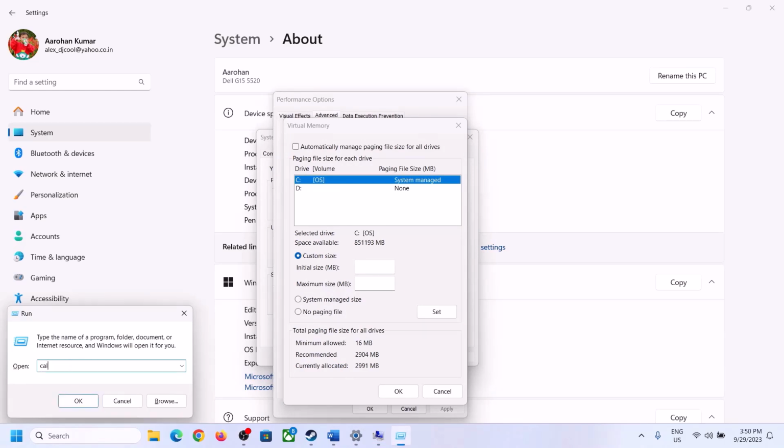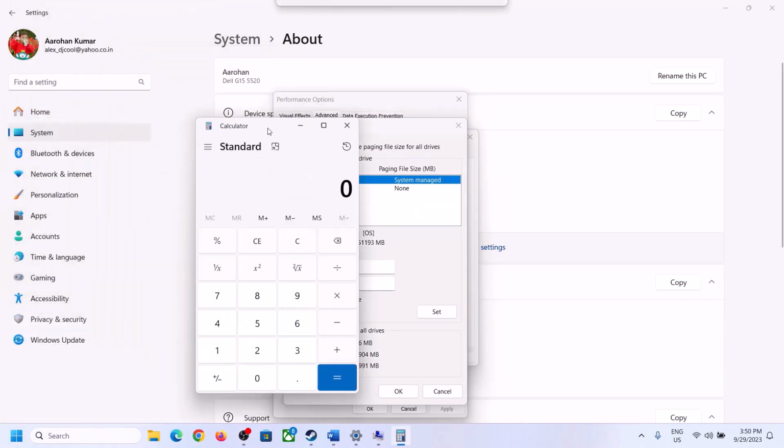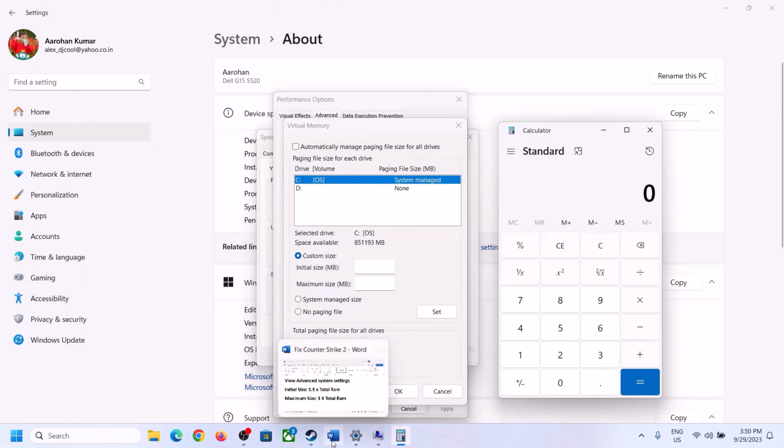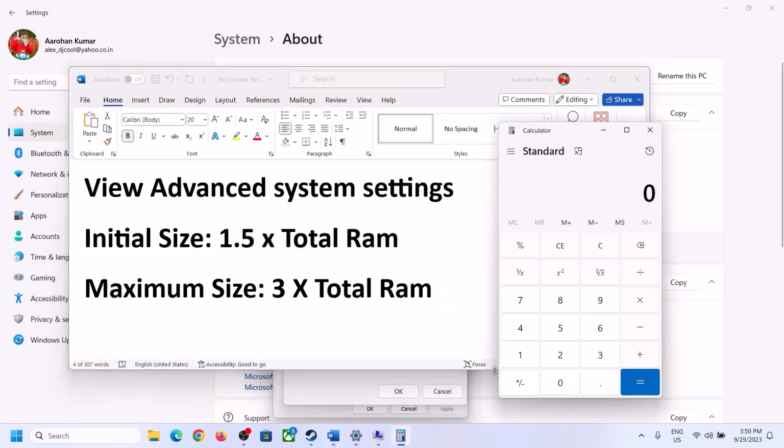So type in calculator in the run box and then click on OK, and over here it's 1.5 into total RAM. Total RAM in my case is 16 GB. So 16 into 1024, because 1 GB is equal to 1024 megabytes. So 16 GB in megabytes will be 16384. This is my total RAM in megabytes. Now 1.5 into total RAM, that is into 1.5. So in my case initial size is